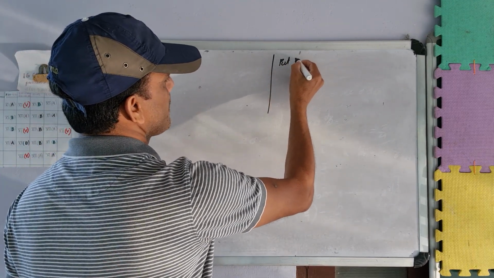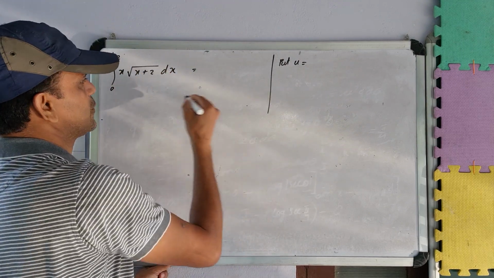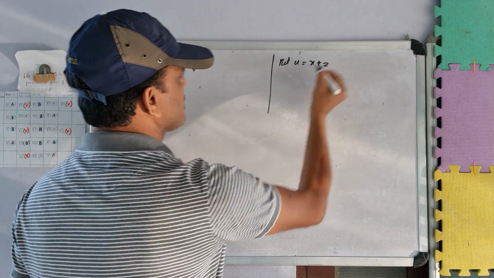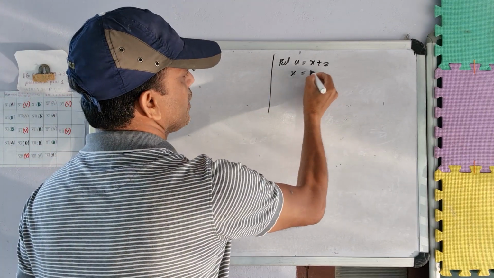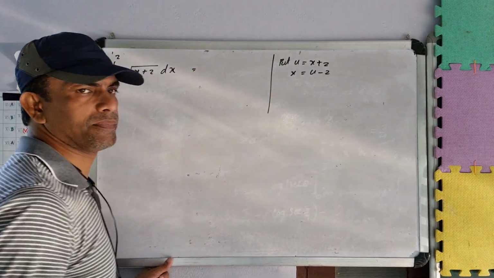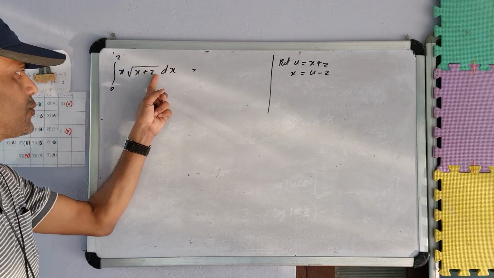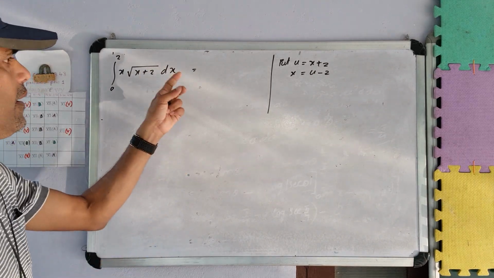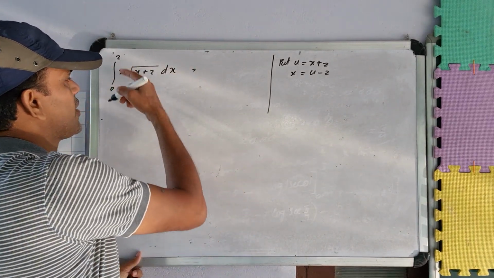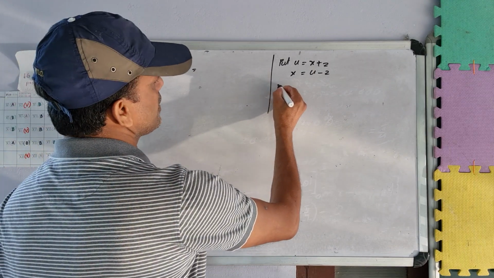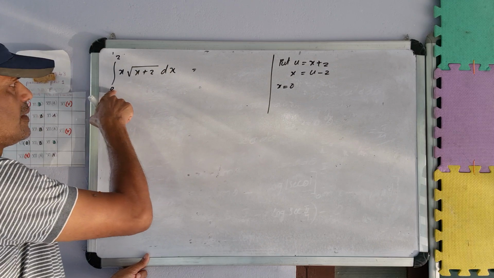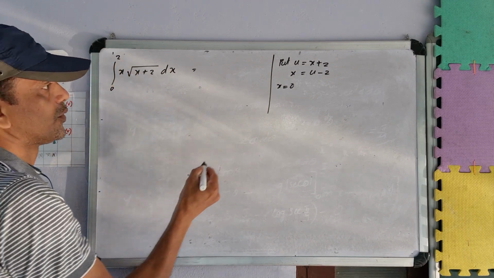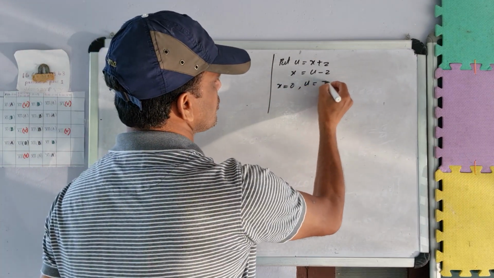Put u equals x plus 2. We take this term as u equals x plus 2. You know what x is then? It's u minus 2. If u equals x plus 2, then x equals u minus 2. And now we change the limits. This is a function of x, so the limits are in x. So when x equals 0,